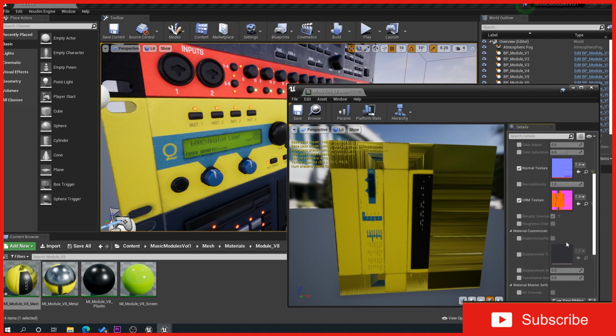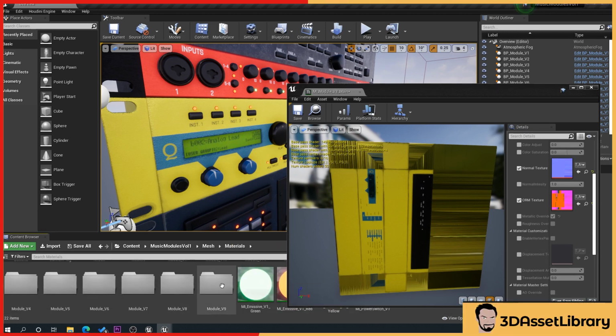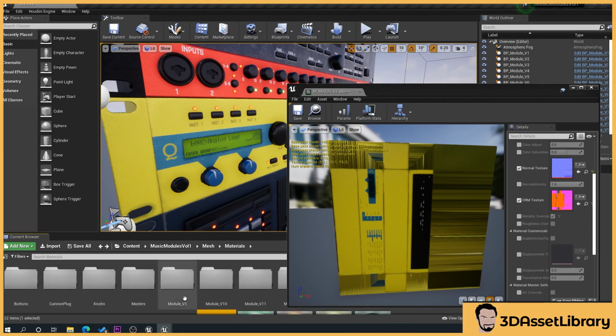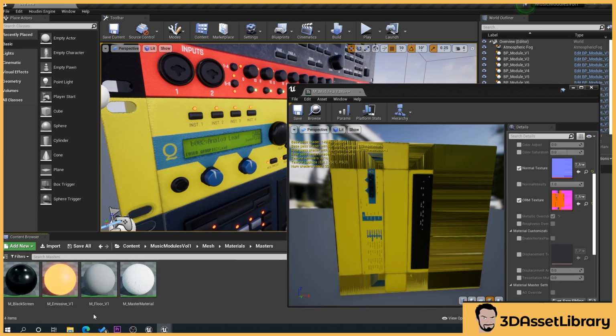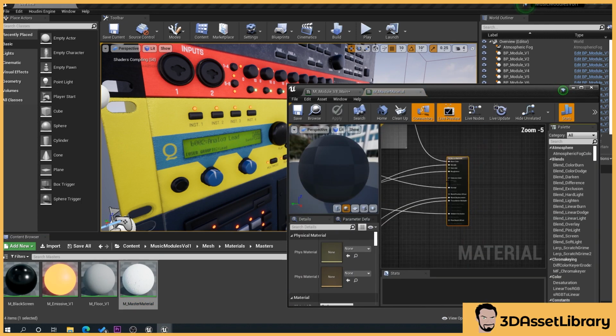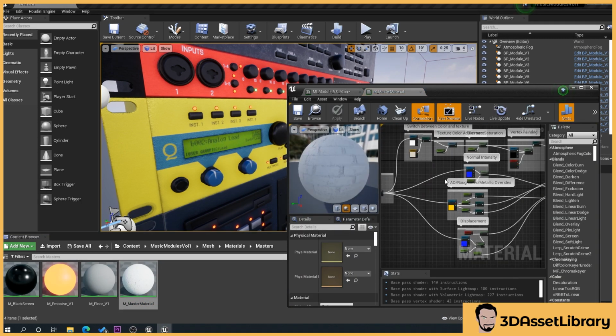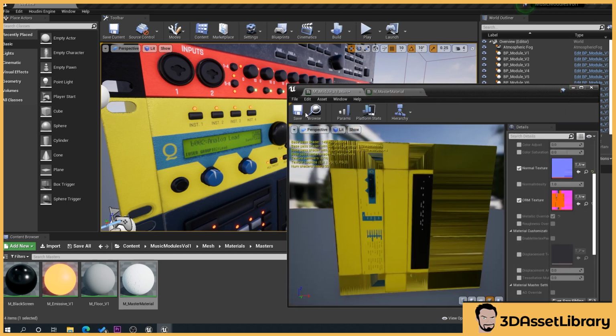You can't be limited by this, but the thing is that if you look here, I've got quite a few folders with varying amounts of textures in, and if I need to make an edit to all of them, all I have to do is go to that, and I can just go into my material here and add it in, or change a name or whatever, and it does it to all the instances. So this makes it incredibly efficient to use. I think it's better on performance as well, which would make sense.